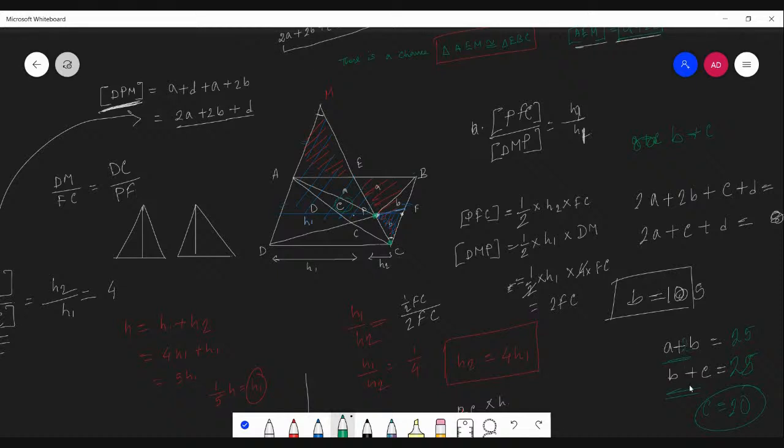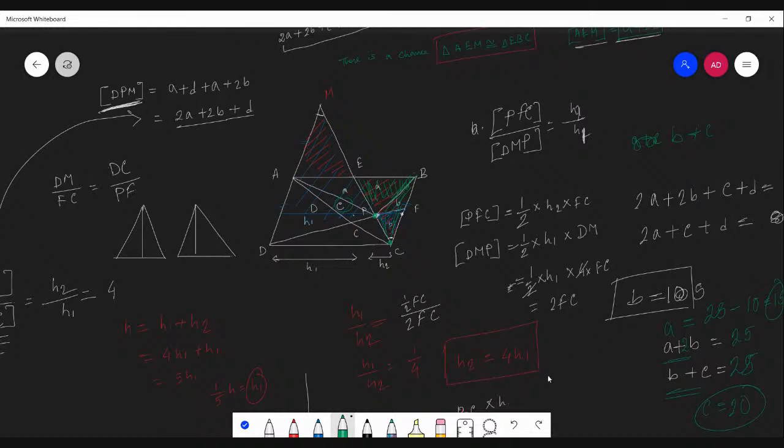2B plus A is actually 25, right? This is our 2B. This is our 2B. And this is our A. So this is actually 25, right? So A plus 2B is 25, and I know that B is actually 5. So A is actually 25 minus 10, that is 15,